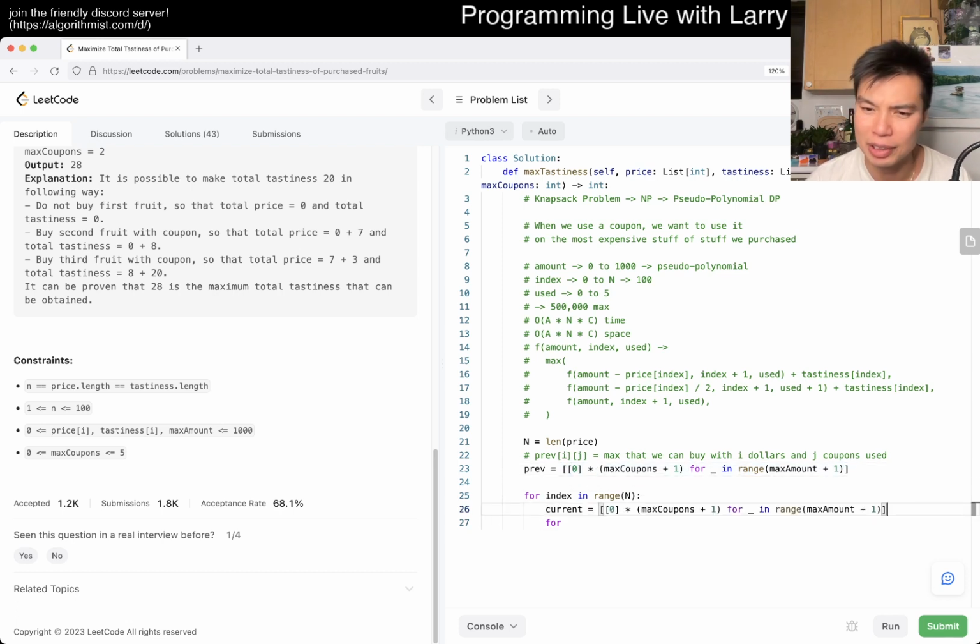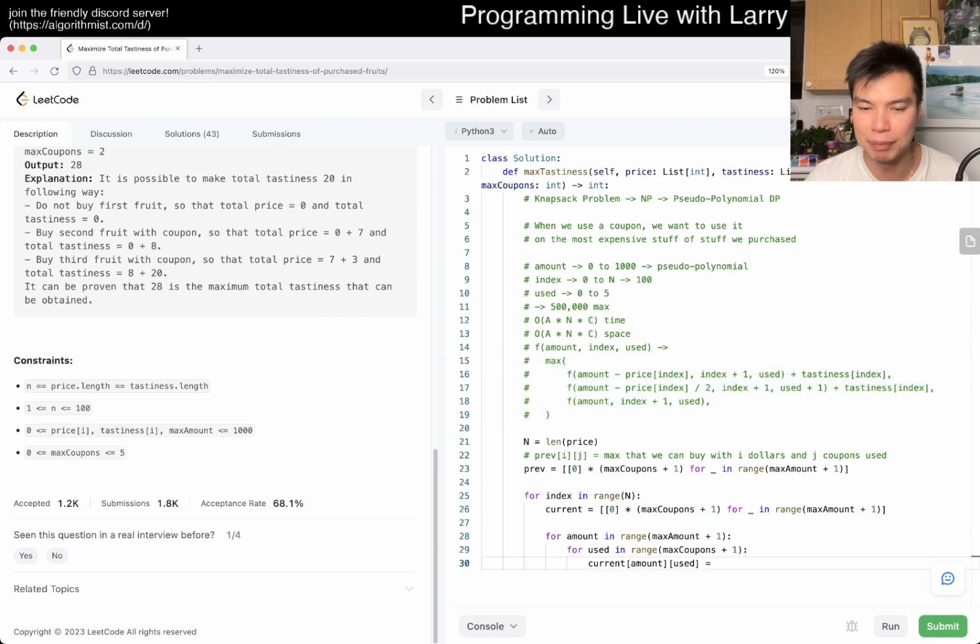Say something like this, but I always feel like I write it a little bit differently. All right, so then for amount in range of max amount, for coupon in, well, let me just say used in range of max coupons, also plus 1. I messed up there. What do we do, right? Well, current of amount and used is just equal to, and this is basically we just write this formula, but